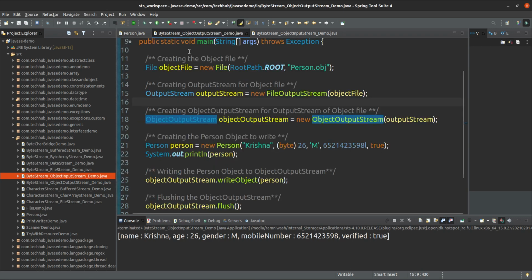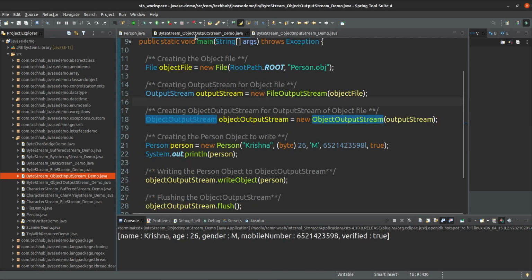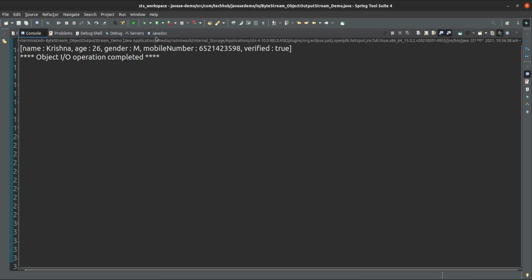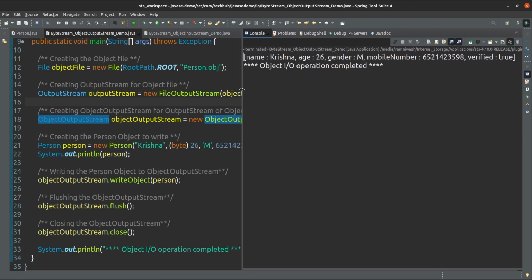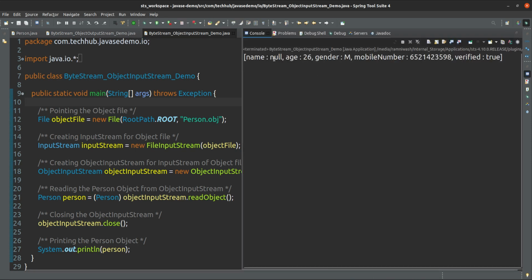Now we have given transient for this name, and I am serializing. The serialization process is done now. Yes, serialization done. Now I want to do the deserialization. While doing deserialization, if you see, name is null.